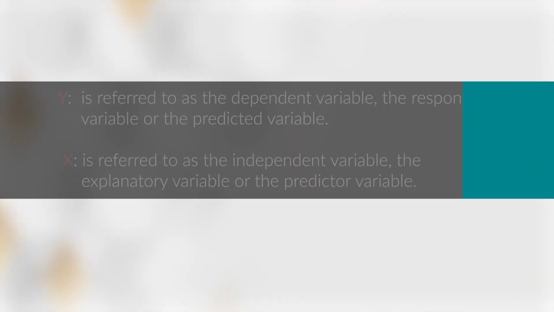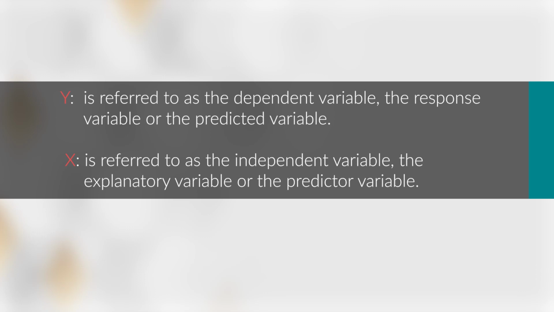Whenever we are predicting y, we are basically taking up different values of x for which y will change. So y is referred to as the dependent variable, also called the response or predicted variable, and x is referred to as the independent variable, or explanatory or predictor variable,